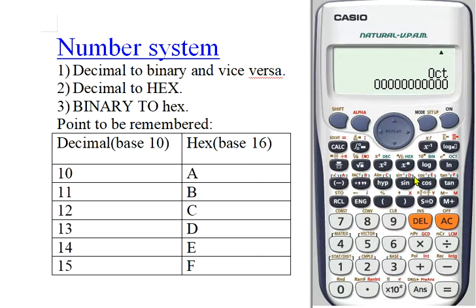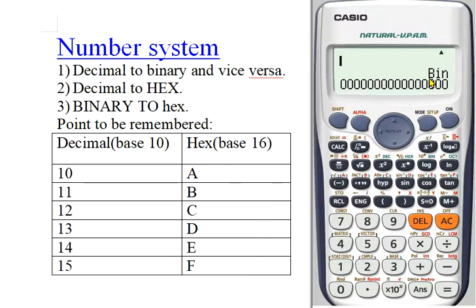Let me do the last example. Let me take the octal number 56 and then press the equals button. Here the octal 56 is stored. Octal 56 is now stored. Let me change this number into the equivalent binary, just by pressing the BIN button. Octal 56 is equivalent to the binary 101110. This is the method of changing the number from any number system to the required number system.